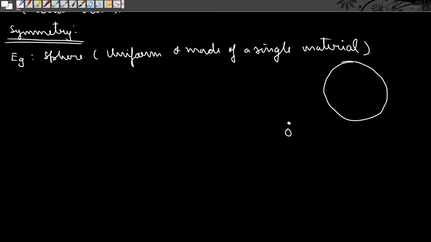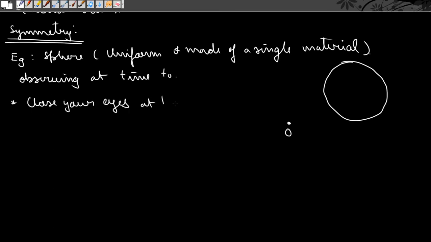Let's say that we have observed the sphere at time t naught. Now I want you to imagine the following experiment. So first, close your eyes at t naught. And then ask someone